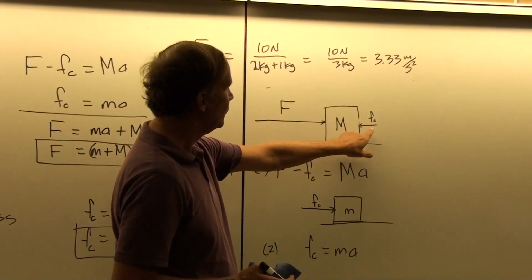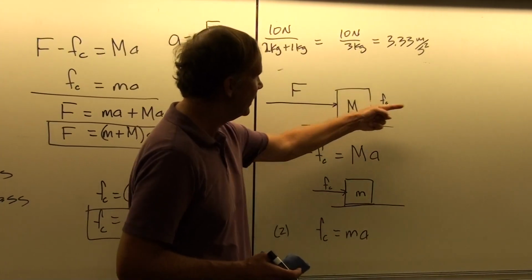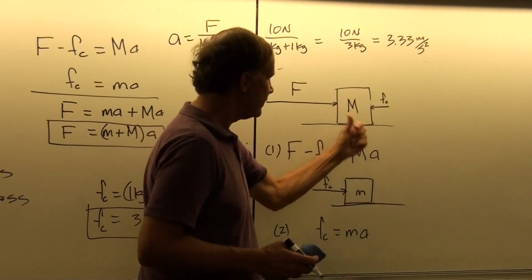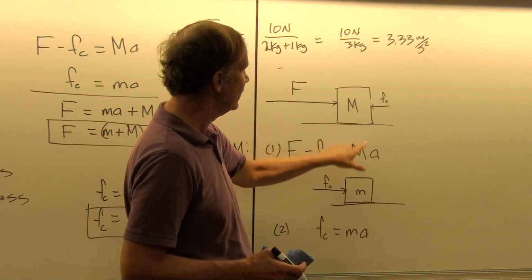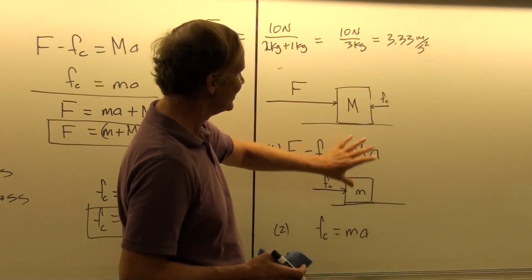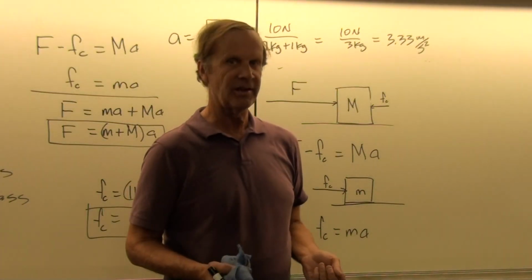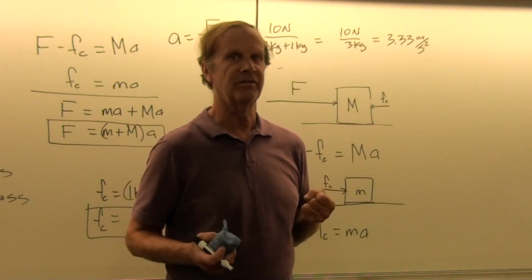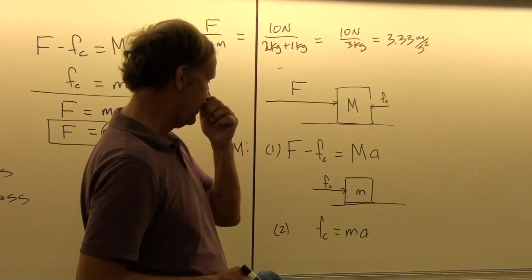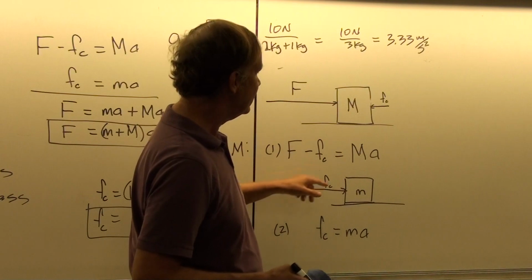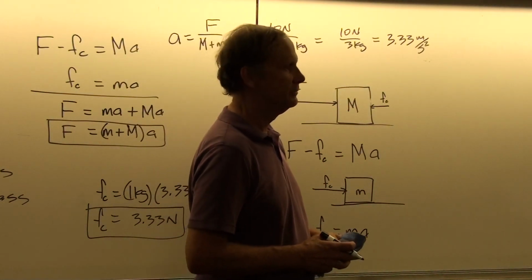So here, with the original problem, you can see that there's an action force. This is the force of big M on little m. Then there's a reaction force. That's the force of little m on big M. But you notice that the force of little m on big M is in this picture and not in this picture, because this mass can't exert a force on itself. That's like you trying to pick yourself up by your bootstraps. Everything cancels out. It doesn't work out. Okay, and so these masses then can exert forces on other masses, but not on themselves.